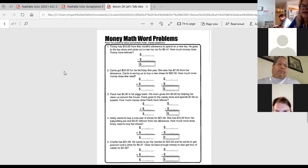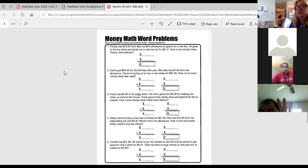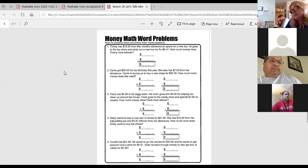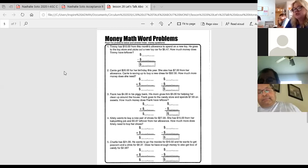And what we need to help Carrie figure out is how much more money does she need to buy that $32 dress? When we hear those words, how much more, are we adding or subtracting? Subtracting, because we're wanting to find the difference, right? Yeah. So if we put 32 on the top,